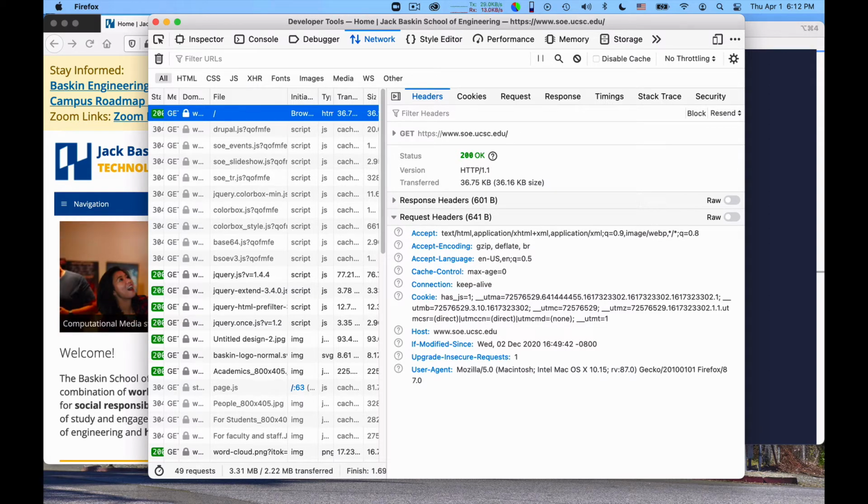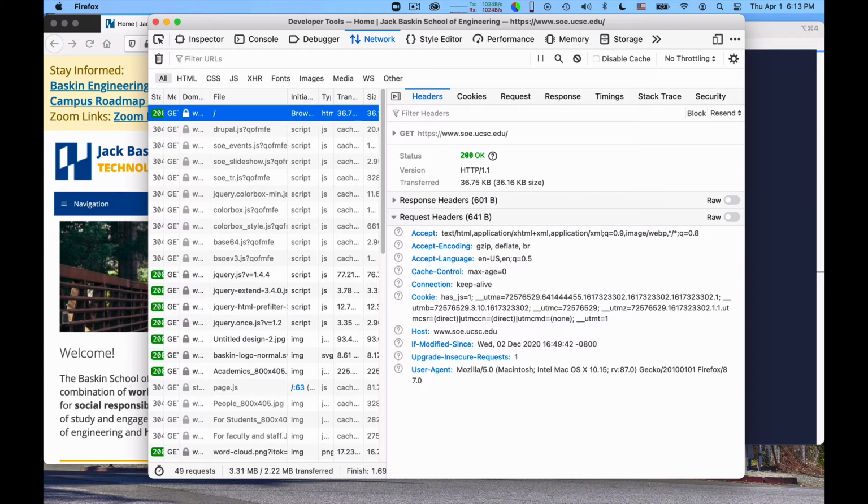The GET requests, which are the ones we worry about first, are the requests that are done in order for you to ask for some material to be delivered to you. So the request has a version of the HTTP protocol, which is used to decode the various headers, and it has a status code which tells the requester whether it was successful or not, or what happened.